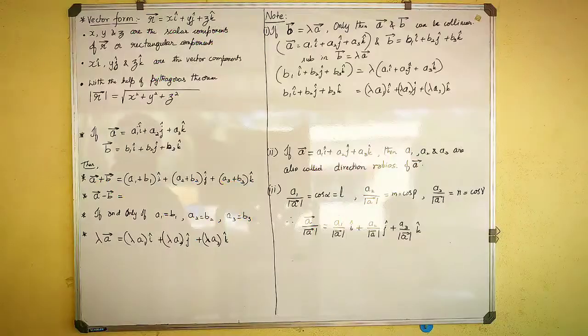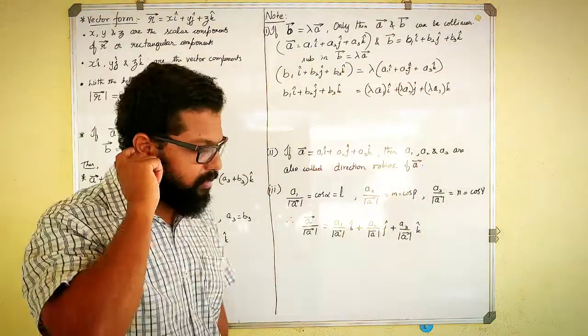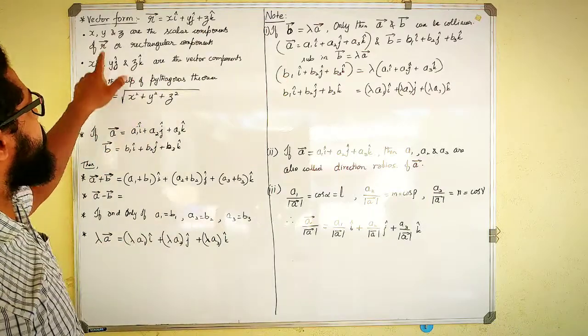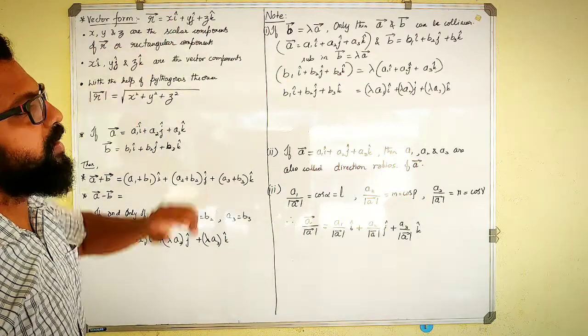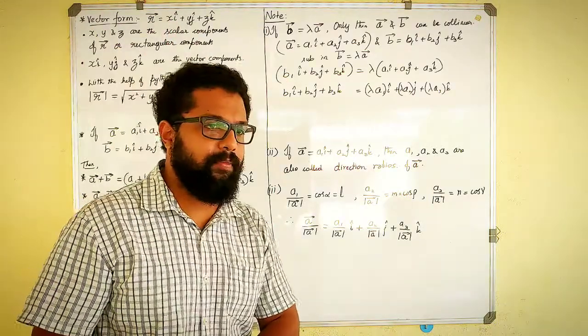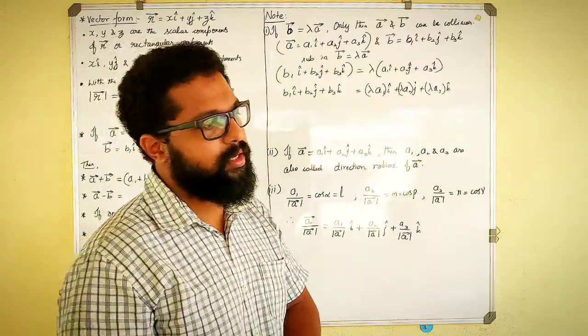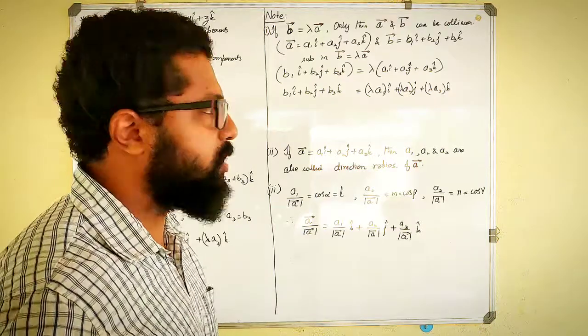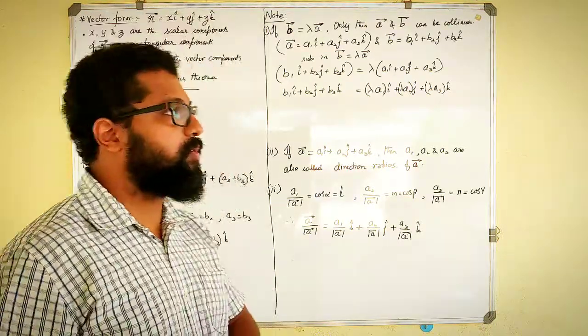Let us begin with the next topic in vectors. Yesterday we came across the derivation of that form. We found the algebraic form or the vector form of that equation using the geometrical meaning, that is, using the coordinate system.